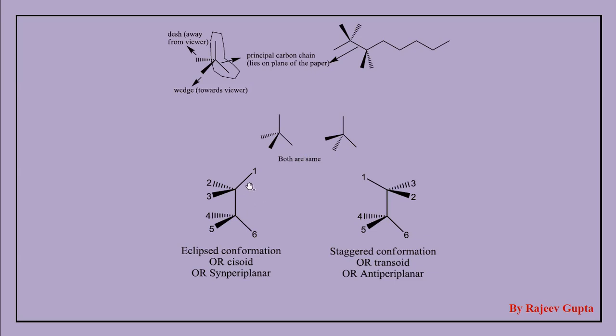Now observe these both structures, where suppose two chiral carbons are present. This is carbon number 1 and number 6, and this position is also a carbon atom or other thing. So this is also a wedge dash representation, a 3D representation, where we can easily observe that this is the principal carbon chain, this carbon atom 1 and 6, which is put in the plane of the paper, and 3 and 5 are put on wedge, and 2 and 4 are put on dash.